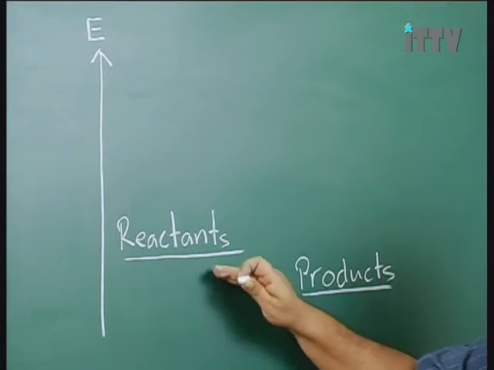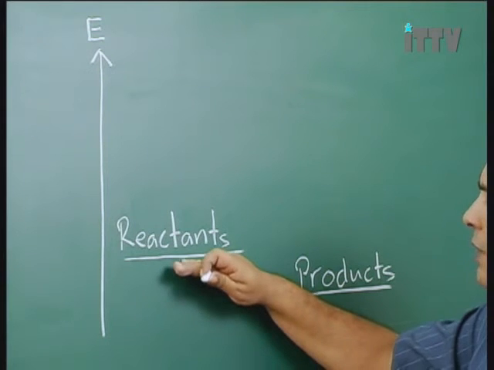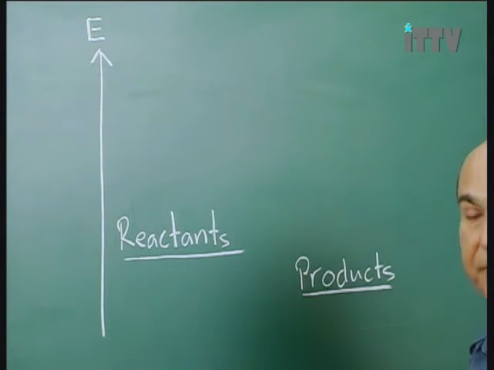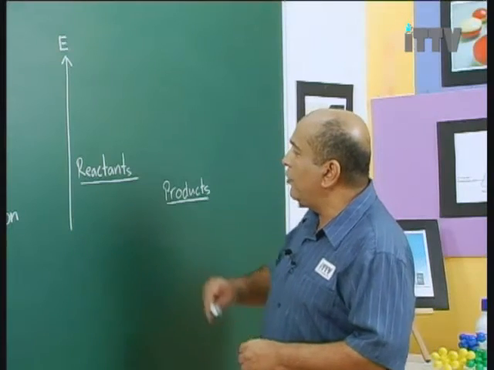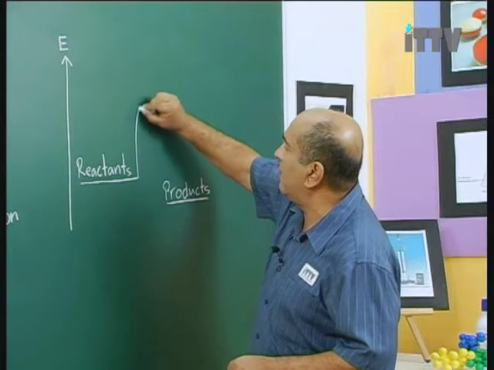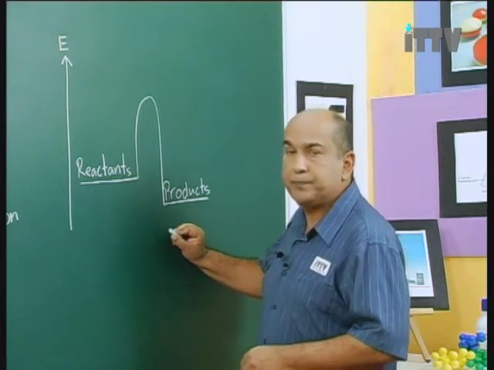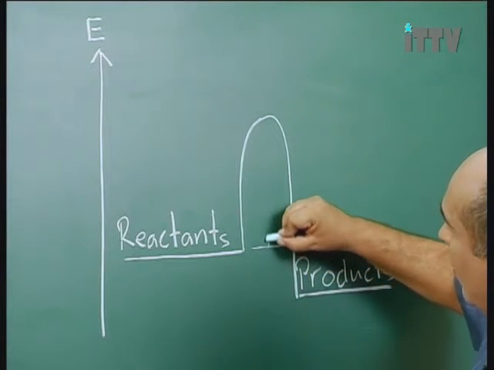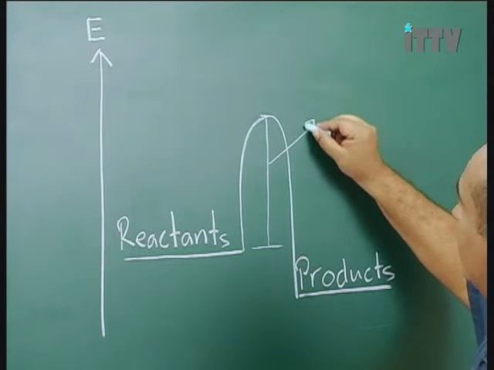It doesn't necessarily have to be that the reactant has more energy than the product. It could be the reactants are here and the products are up here, meaning they have more energy. But for today, we'll just leave it as this. Now, what you get is a graph that spikes up like this and then comes down here, like so. The energy difference from here all the way to the top here is known as the